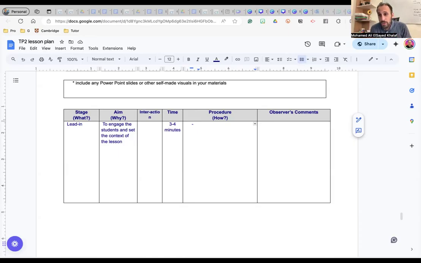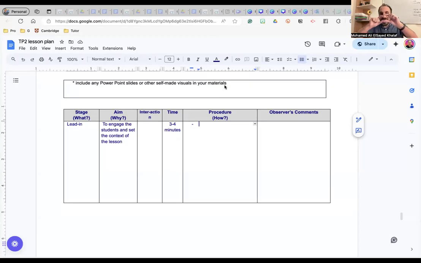I might provide you with a reading lesson plan example and a writing lesson plan example, a speaking lesson plan example, a grammar one. So you use them as reference of what you need to work on. How you write the procedure. This is a roadmap for you on how to write. I'll provide you with the examples. Don't worry. I will.